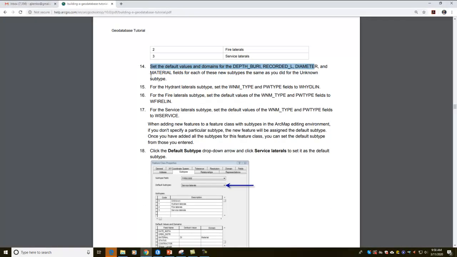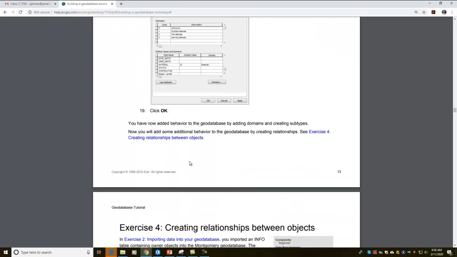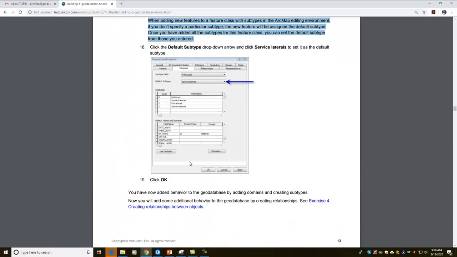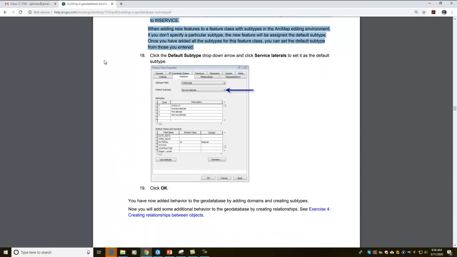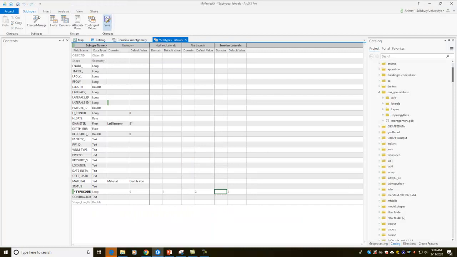So again, you're going to take a little more time, right? There's a whole bunch more things to do here, but at least we got you started so you can back up through the video and see how that's done. And then we're going to move to the next section, which will be creating relationships within our objects. Once again, don't forget to save so all the changes are applied. So see you in the next